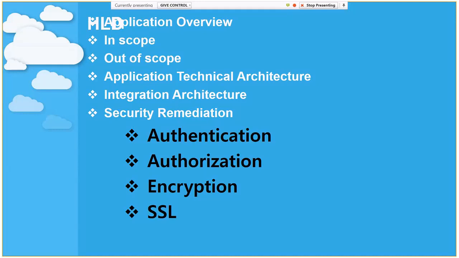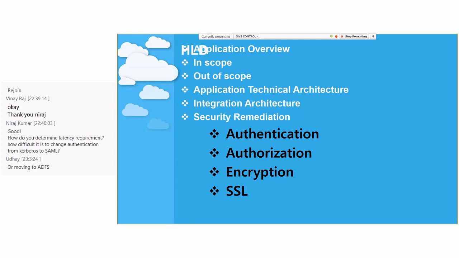So as part of assessment, I missed saying that when we are doing the guiding principles, sometimes the client will have a requirement that if you are moving one of the applications to the cloud, probably you have to move all the application interfacing to the cloud, else you don't need to move it. So our assessment depends on that requirement, so that we can give the assessment part.